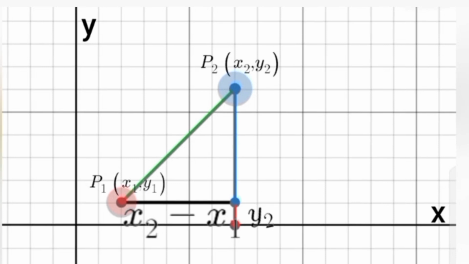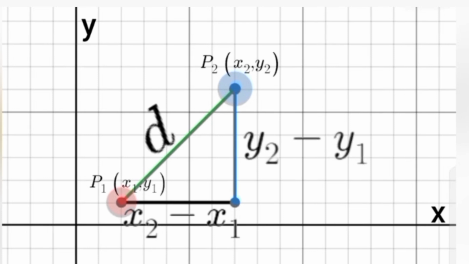We have this y2. The length of this is y2. The short distance from y1 to the x-axis is y1, and if you cut this line, you actually subtract y2 minus y1. So if we call this distance here from P1 to P2 as d, we have now